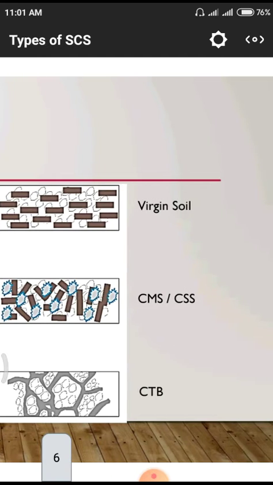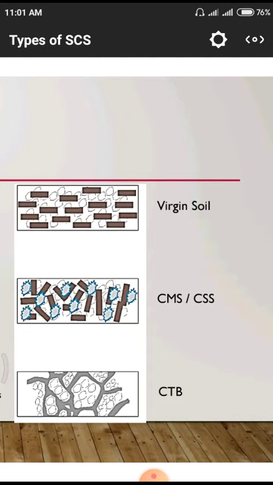These are examples of how cement will react with surrounding particles. In the first condition, virgin soil is on top. There is no proper bond between the virgin soil particles; small molecules lie between them. But in the second condition, we can observe some sparks. Those sparks are the cement content, and they are responsible for the formation of a bond between the particles.